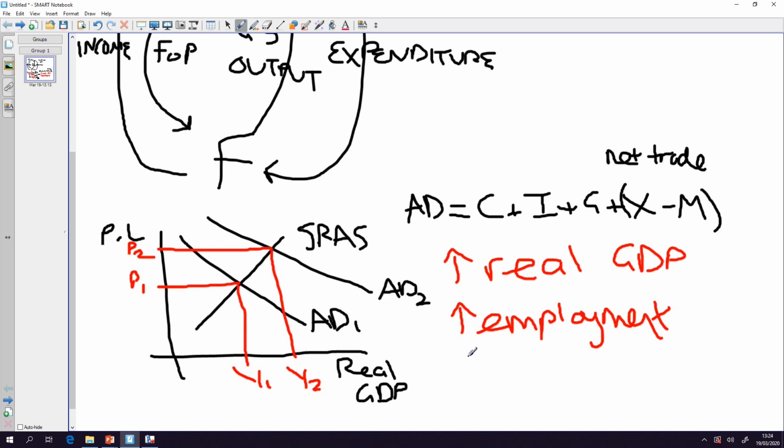Now, what we'd also then say is this will also create a growth in inflation. As AD moves outwards, well, then we've got demand pull inflation taking place across the economy. So with the high demand, at existing price levels we've now got an excess demand. So to clear markets, price levels need to increase. Whether or not that inflation is bad would depend on where we are